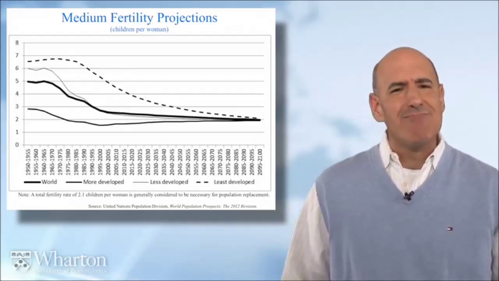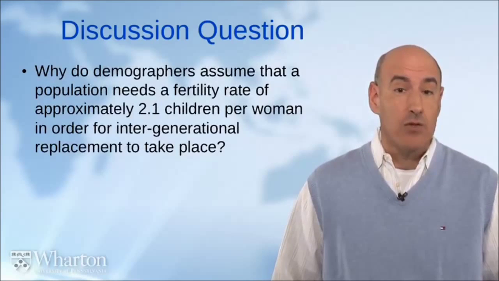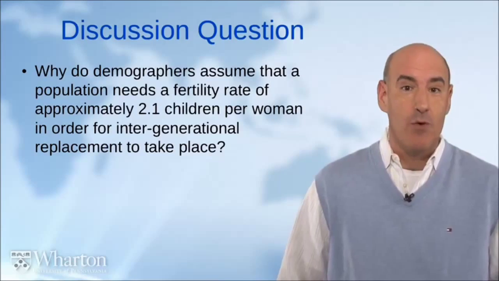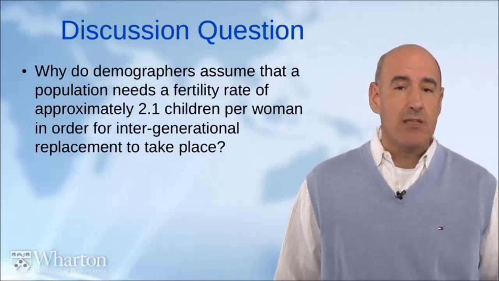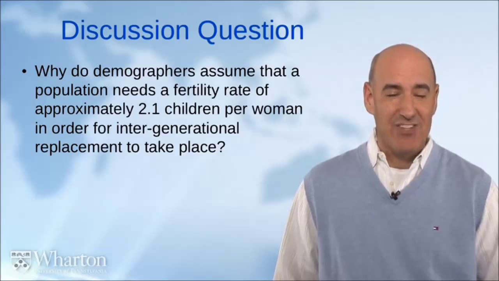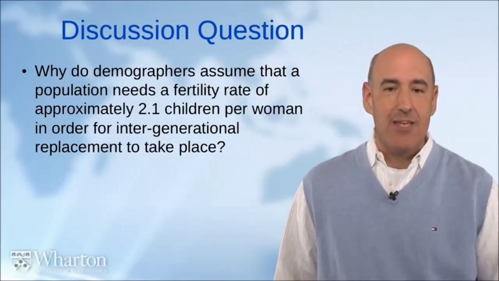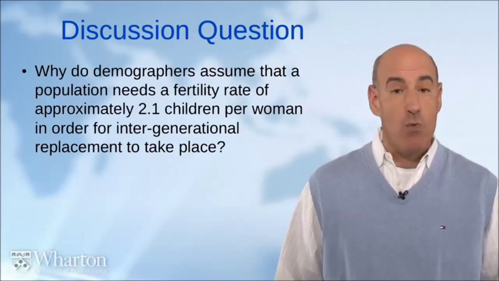Now, let me ask you the following question. Demographers frequently assume that it takes 2.1 children per woman for a population to replace itself over time. Why is it 2.1 and not exactly 2.0, that is to say, 2 children per woman? Well, the answer is actually relatively straightforward, which is that not all children that are born survive to have their own children. And not all children that survive actually have their own children. So that's why, on average, we estimate that we need about 2.1 children per woman for a population to